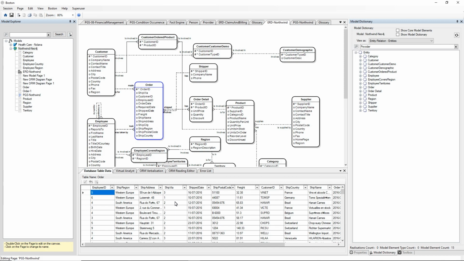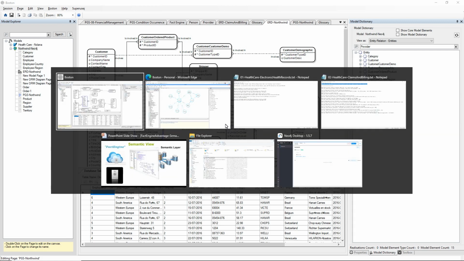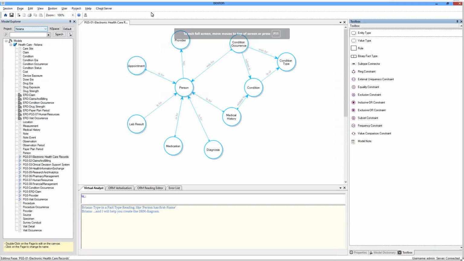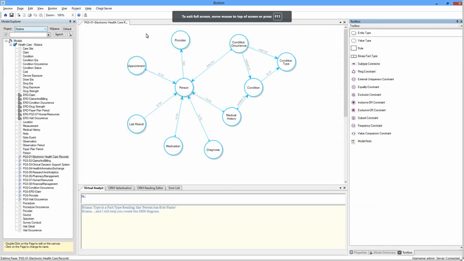You might say, that's all well and good, but we live in an age of the internet and cloud-based services. Is Boston and FactEngine available in the cloud? Well, the answer is yes. So let me take you there now. So here we're looking at Boston in my browser. So we're at boston.factengine.ai, and depending on the resolution of your screen, you'll see that I'm in a browser. That's my browser tab. I can click on the address bar, and if I hit F11 I can maximize the screen, and all of a sudden I'm using Boston